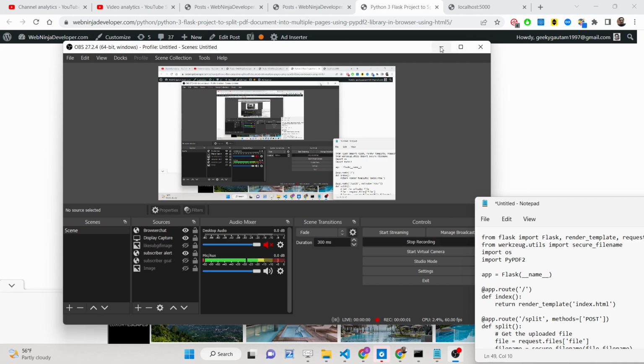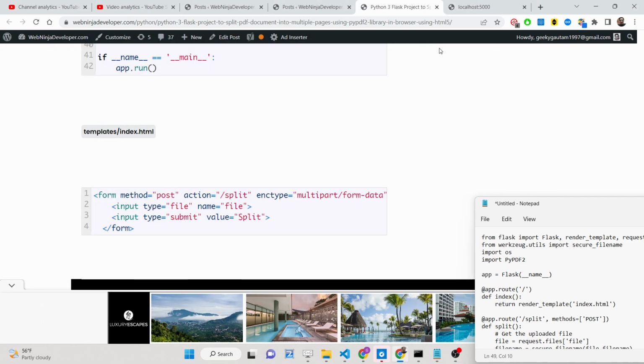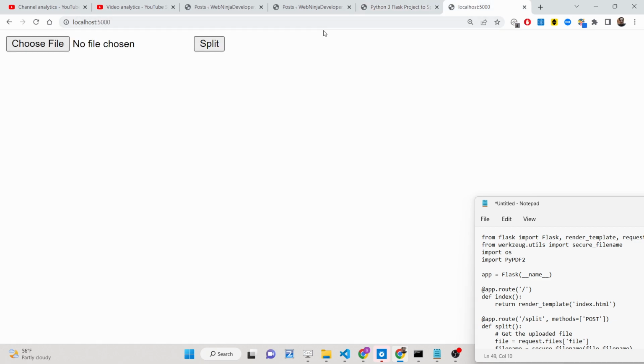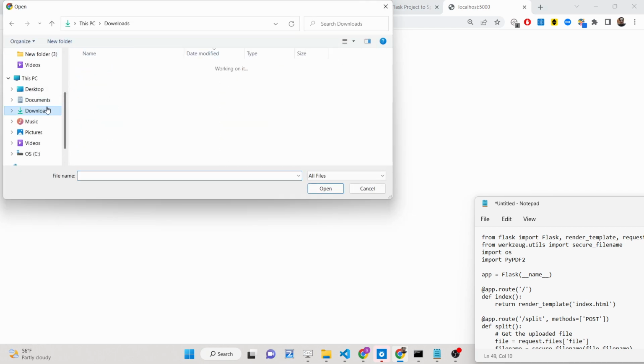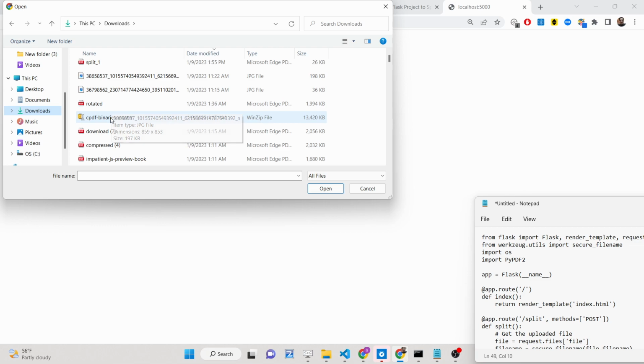Hello friends, today in this tutorial I'll be showing you how you can split a PDF document into multiple pages inside your Python application using the Flask web framework. You will see a choose file button and a split button. If I now select a PDF document here,